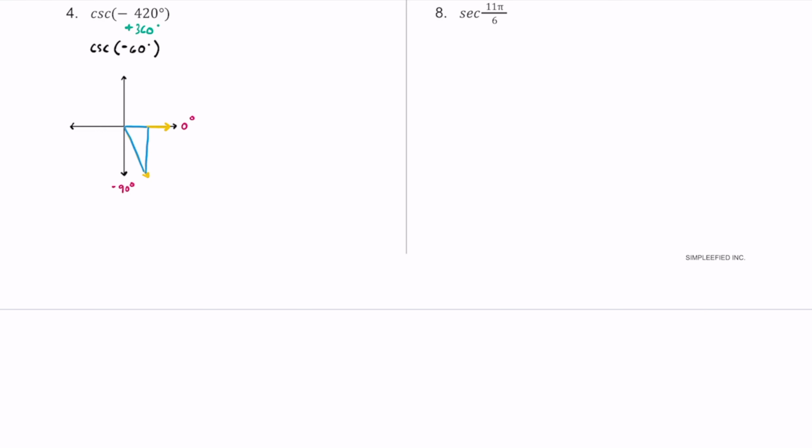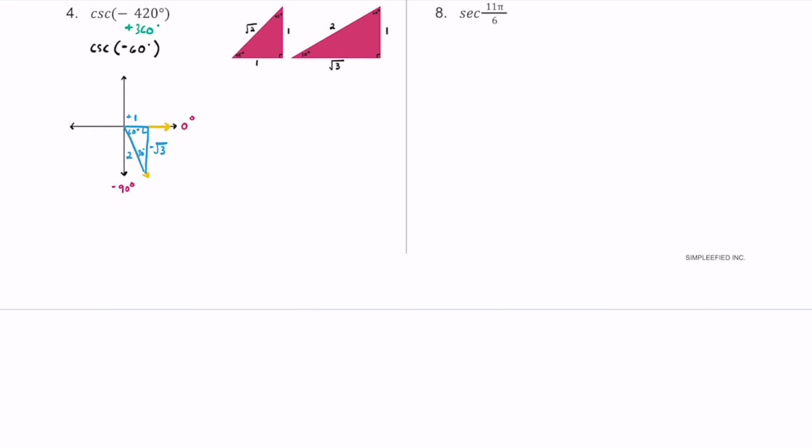So this blue triangle represents our right triangle, 60 degrees is our reference angle, and this ends up being a 30, 60, 90 triangle that we are dealing with, okay? And so let's see what our ratios are gonna be. So in quadrant 4, our x values are always positive, so it's a positive 1. Our y values are always negative, it's negative root 3, and our hypotenuse is always positive, so it's a positive